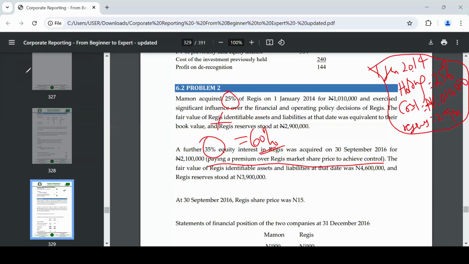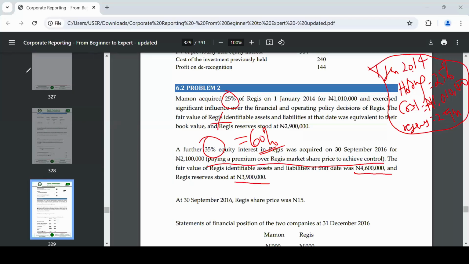Now, the fair value of Regis identifiable assets and liabilities at that day was 4.6 million. But the Regis reserve stood at 3.9 million. We're going to come back to this because they made me know